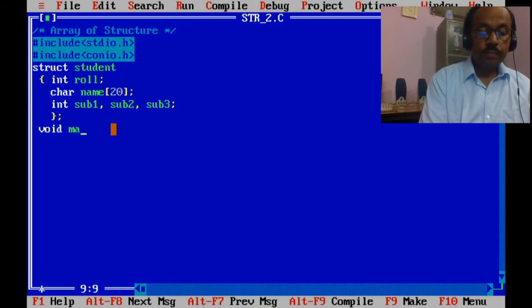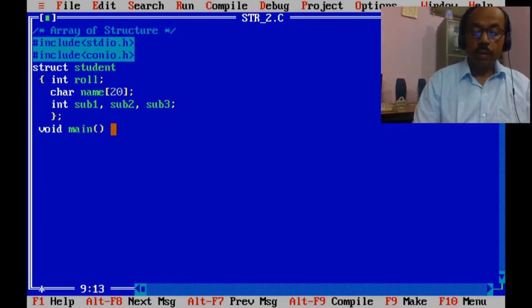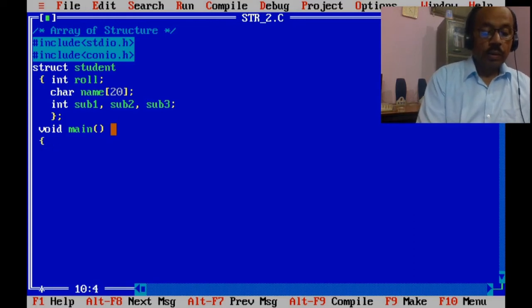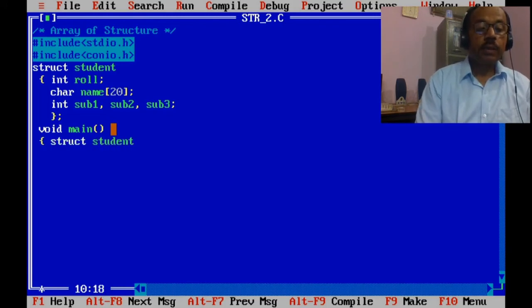void main. struct student and the variable name s.